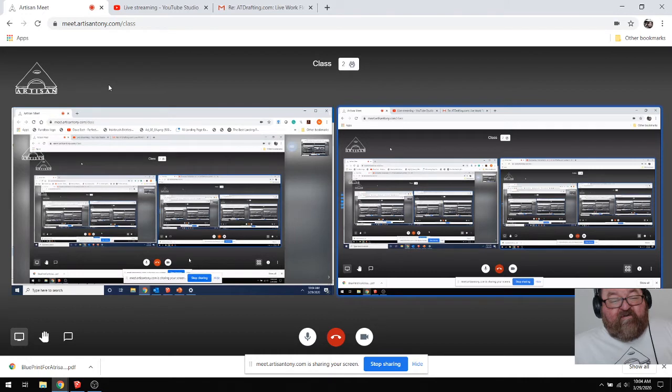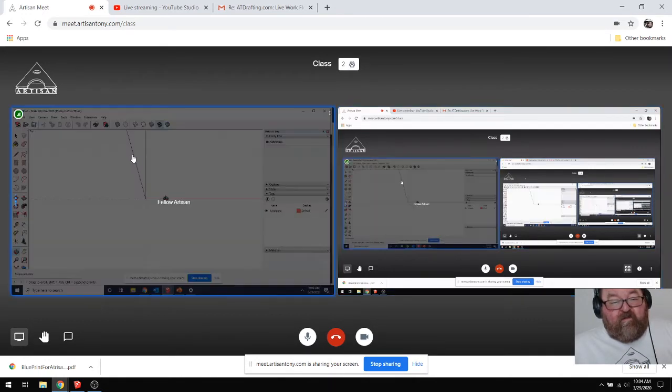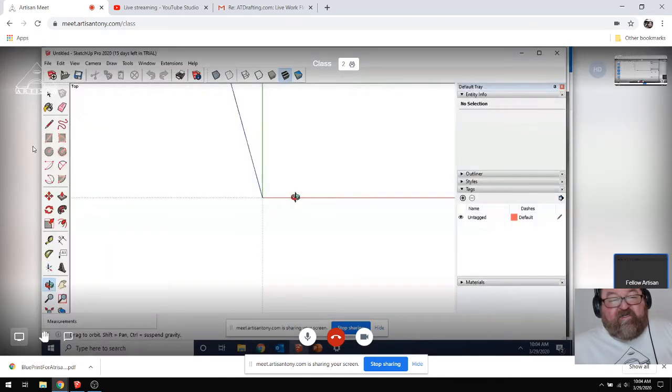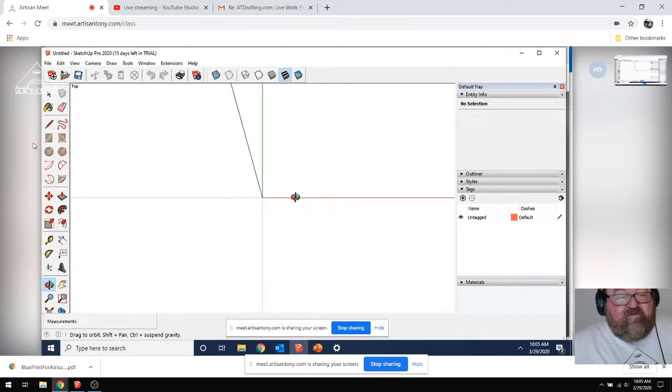So if you'll click on your SketchUp, I'm just going to share your screen to begin with. This may be the easiest way to do this. So that looks like one thing. This is a trial. Okay, SketchUp Pro trial. So up at the top,